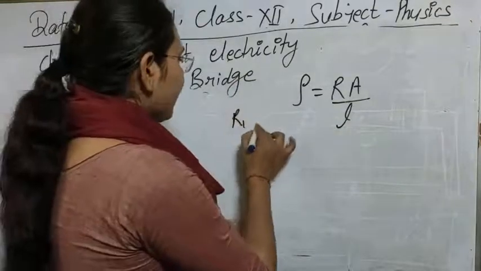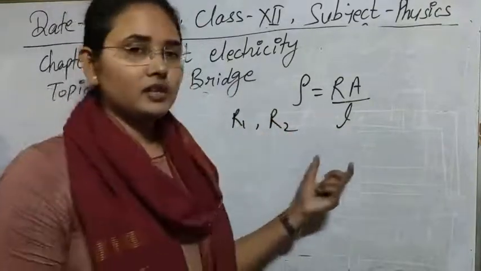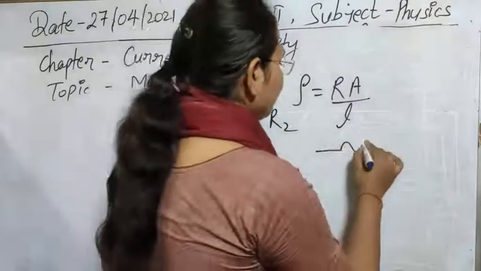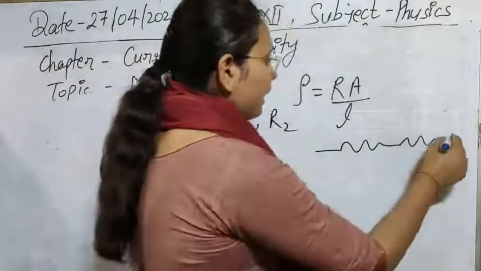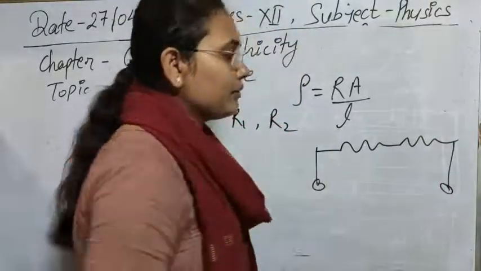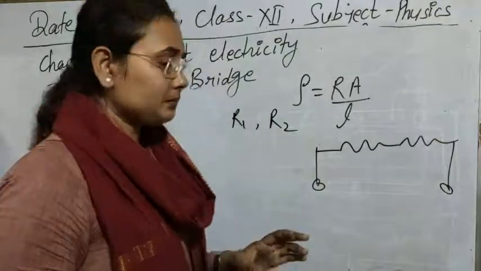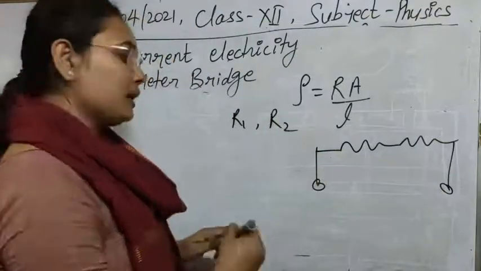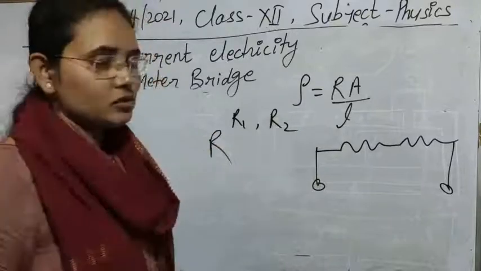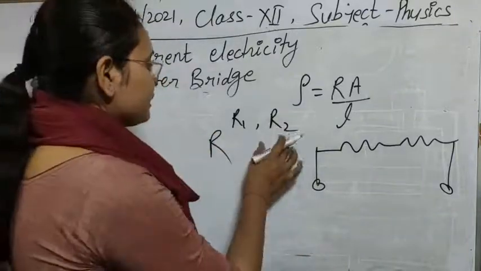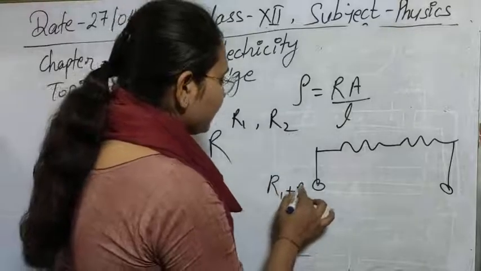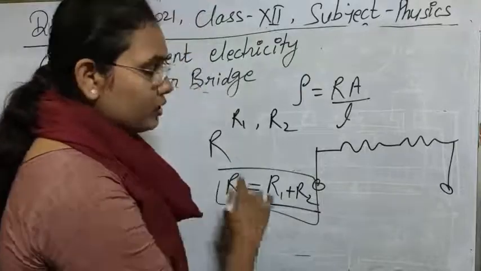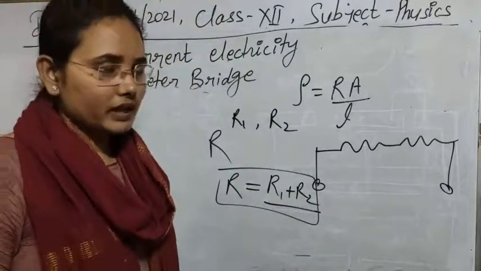Suppose R1 and R2 are the resistances we have calculated for the separate coils. Now we can connect them in series by end-to-end connection, and again use it in the place where we used S. Again for this combination, you can calculate the resistance by the same method. Suppose the resistance obtained is R. Now calculate R1 plus R2, and if R1 plus R2 is equal to R, then obviously this law is verified.